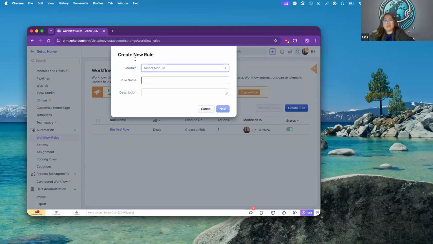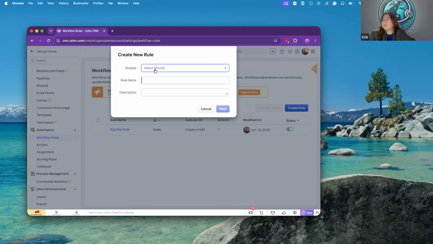So ang gagawin natin ngayon dito is when a new lead is added from Facebook, create a task for the VA to follow up tomorrow. Actually, the VA does not need to follow up because it will be the system who will do that.